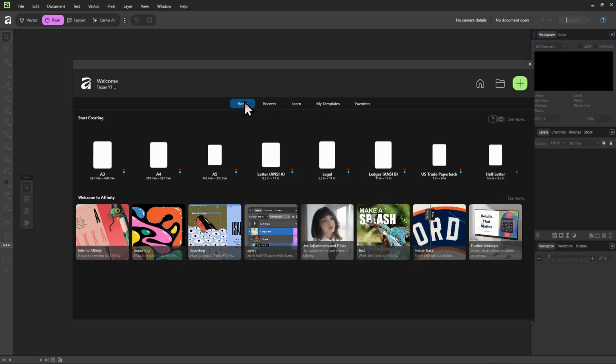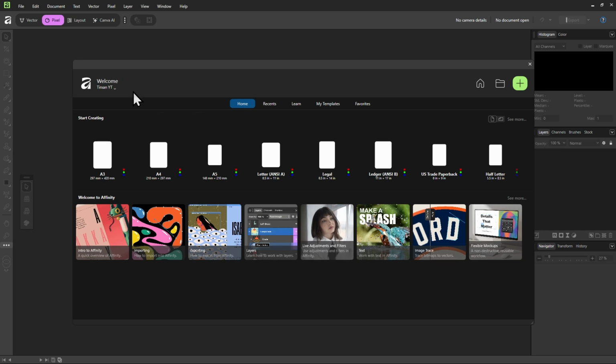the welcome screen. This is kind of where you start deciding what project you want to work on. You are given these templates, A3, A4, A5, and so on. And you are also given these quick lessons if you want them. But please don't download them because that will take away my job. Instead, let's look at the other things in this welcome screen.